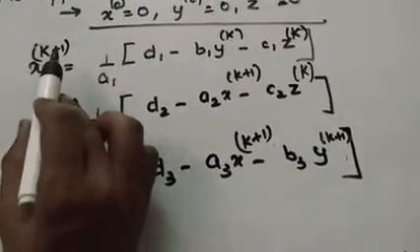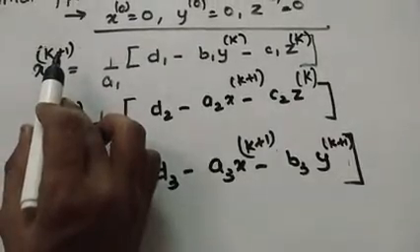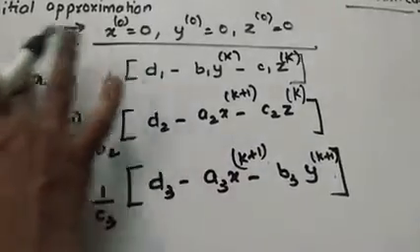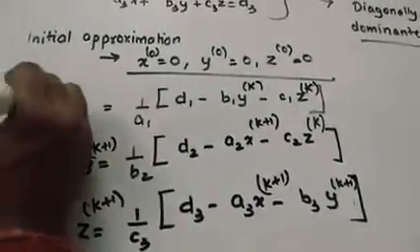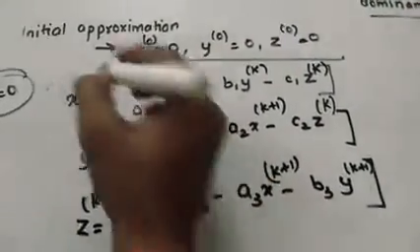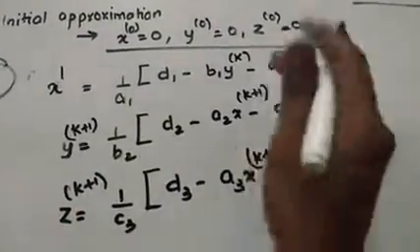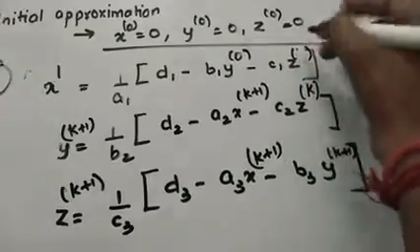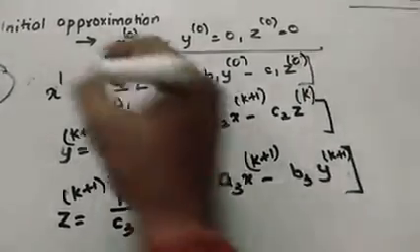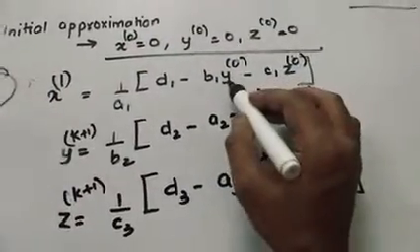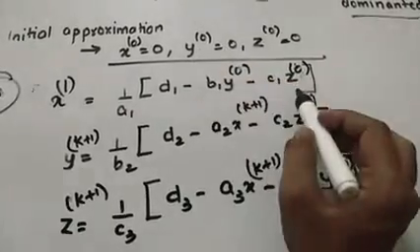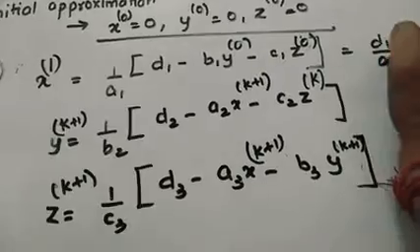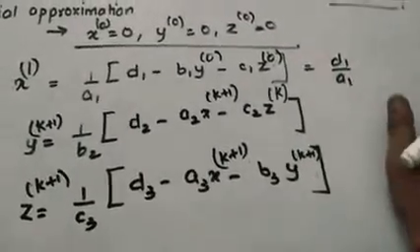Got it? That means in the same step, suppose we are dealing with the first iteration, you have found x1. Okay, I give you an example. Suppose you are dealing with the first iteration, that is putting k equals 0. So you have found x1, where y0 is 0 and z0 is 0. After that we get our d1 by a1, and after division we get that value.